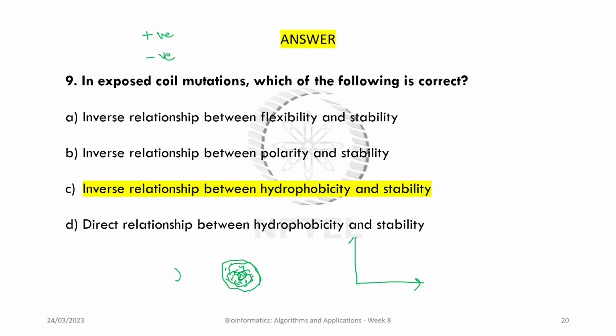So how do you determine positive and negative correlation? Whenever there is an increase in hydrophobicity and the chance or frequency of mutation or a change to a particular residue increases the hydrophobicity and the change in delta delta G, then you say it is positively correlated, and if it is negative, you call it negatively correlated or inverse relationship. Now, when the internal residues are generally hydrophobic